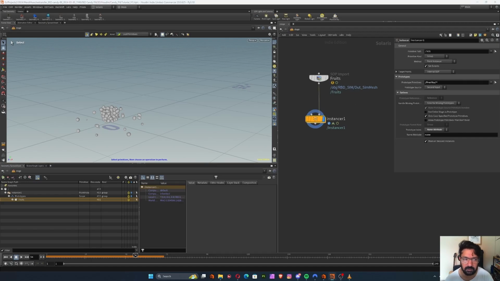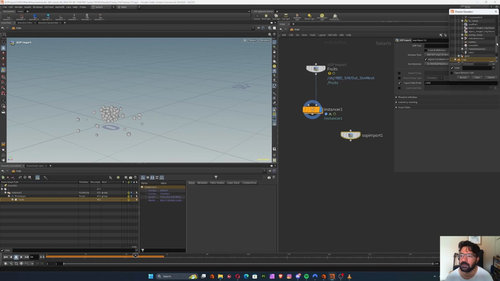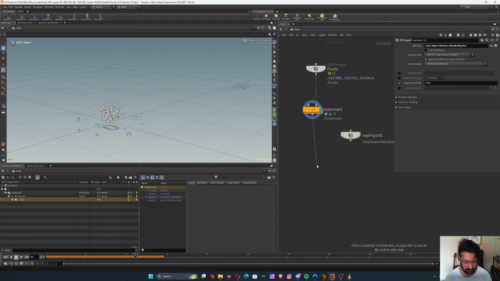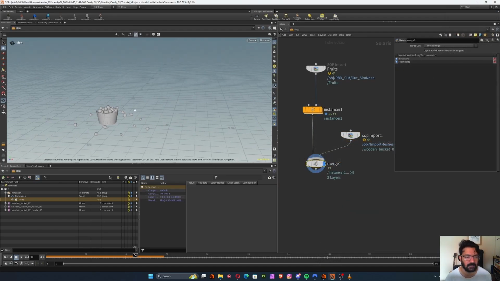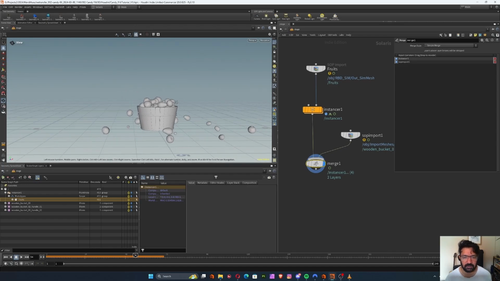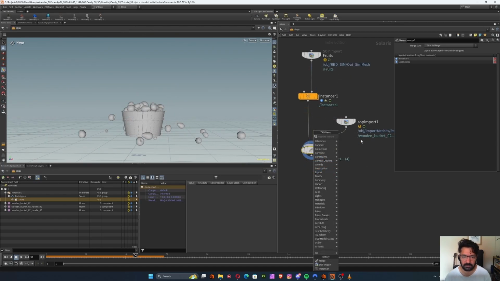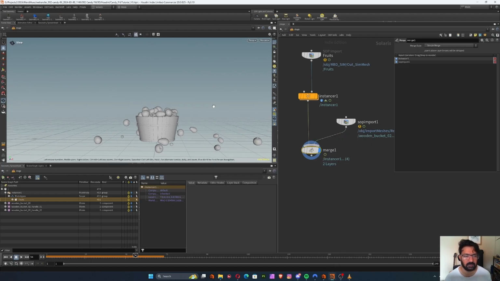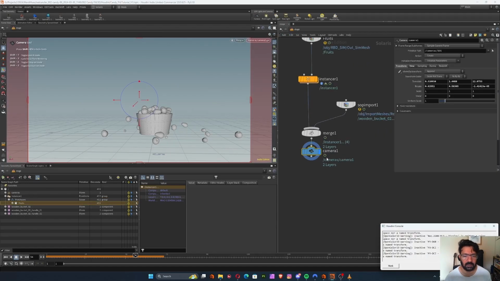So we're gonna just drop in a few more bits of geo. So let's bring in our bucket. This is a render bucket we need. So let's merge these together. So also set up a camera. There's a scene import camera, or you could just go here and set up your viewport and control click, and that will make you a camera as well. So we got a camera,